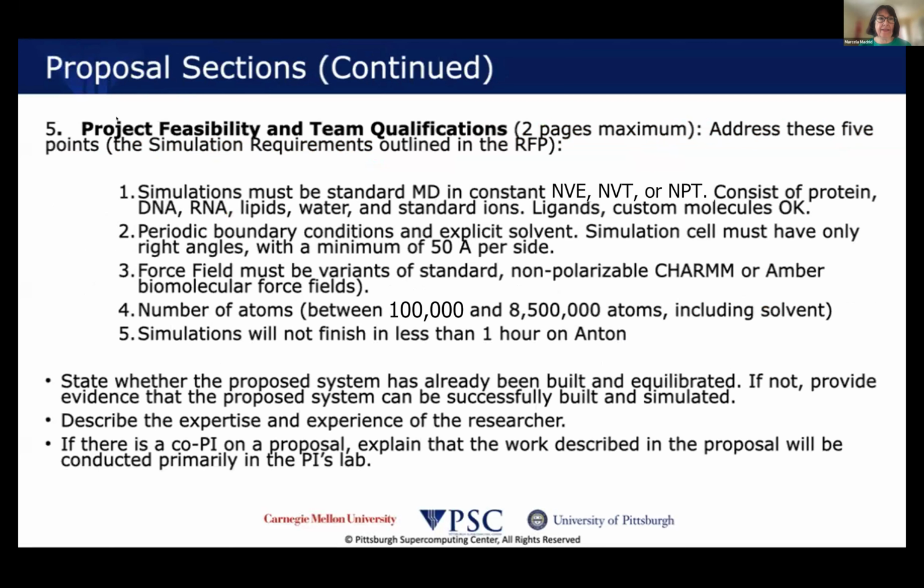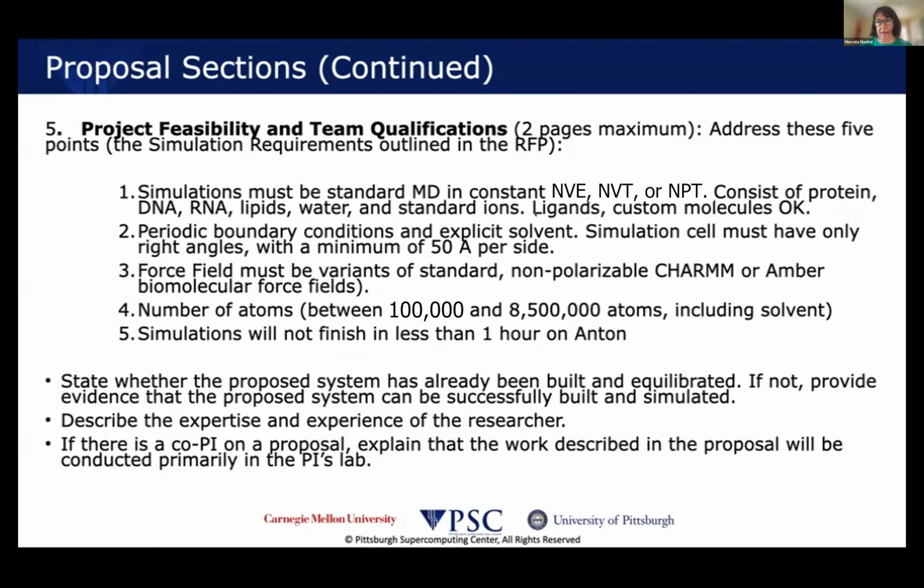Section 5 is the project feasibility and team qualifications, also 2 pages maximum. And here you need to address 5 points that are outlined in the RFP, which are: demonstrate that your system can run on Anton, which means the simulations must be standard MD in constant NVE, constant NPT or NVT ensembles. They should consist of protein, DNA, RNA, lipids, water, and standard ions. And you could have a ligand or a custom molecule, and then we will help you